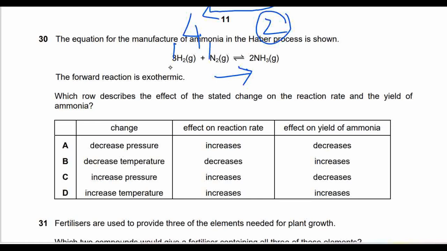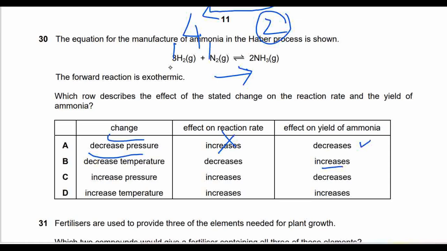So if we decrease the pressure, yield of ammonia will decrease, is correct. The reaction rate will decrease because less pressure means less successful collision. Decrease temperature, since forward is exothermic, so it will increase the yield of ammonia, but it will decrease the reaction